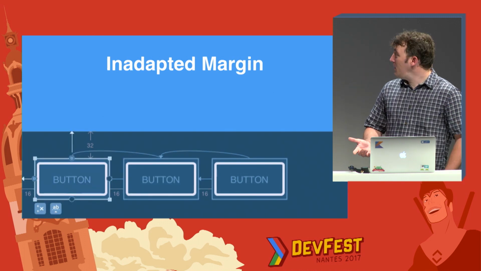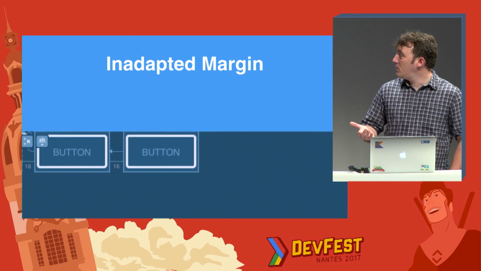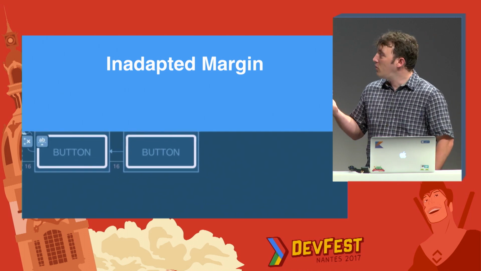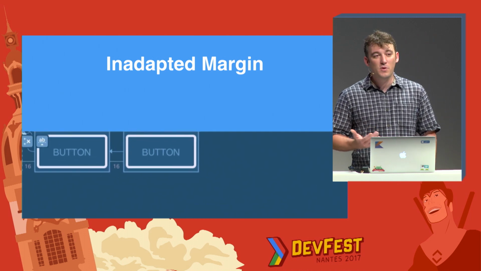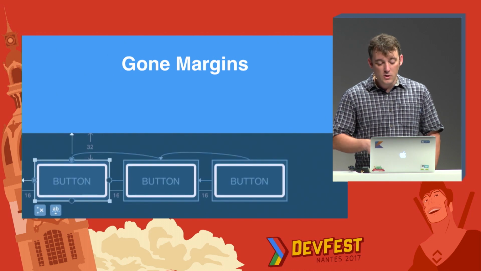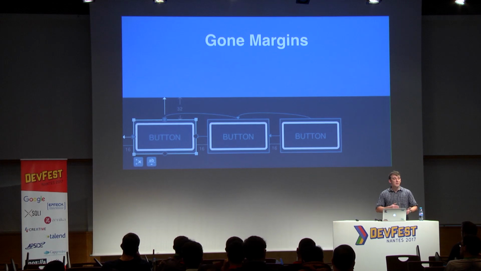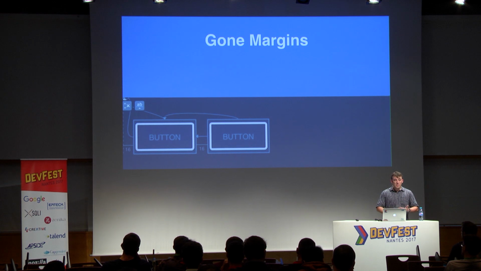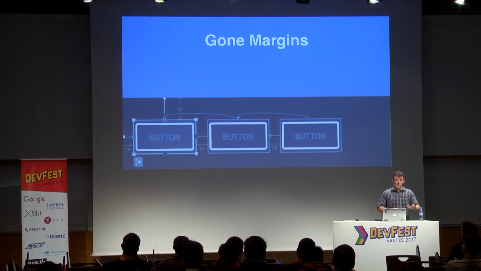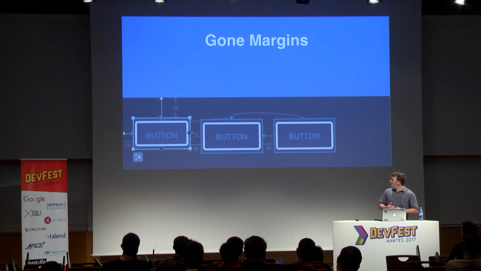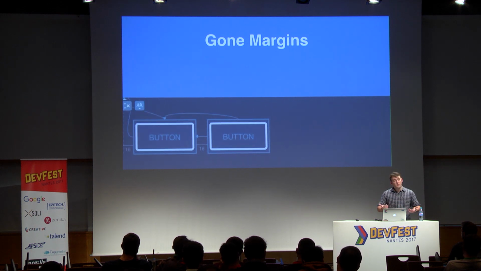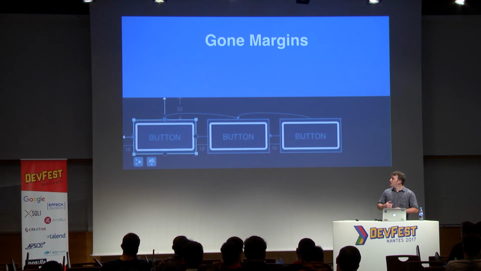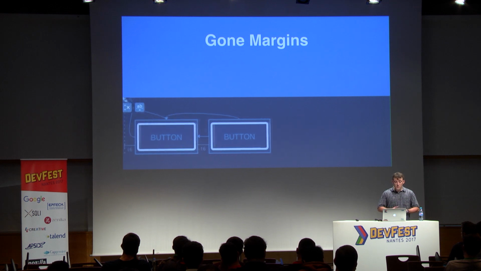Sometimes that doesn't work so well. If the first button does that, the second and third buttons are moving in position, and maybe that's not what we wanted. So we added the concept of specifying margins that are only applied if the target happens to be gone. In that case, you can control this behavior. The second button had a margin of 0 originally, but if the target it's connected to is marked as gone, then it becomes 32, so everything stays where we want them to be.